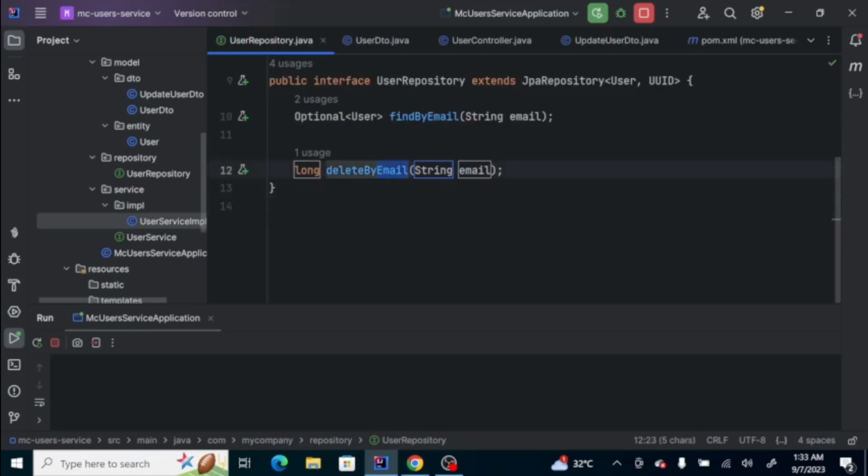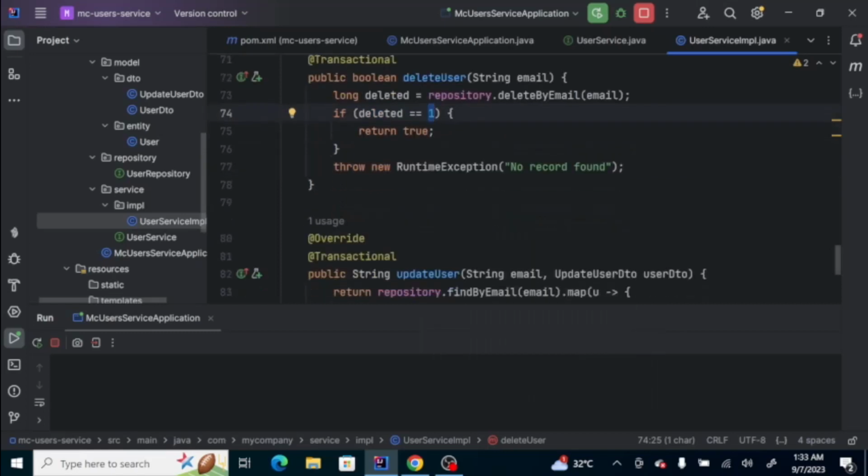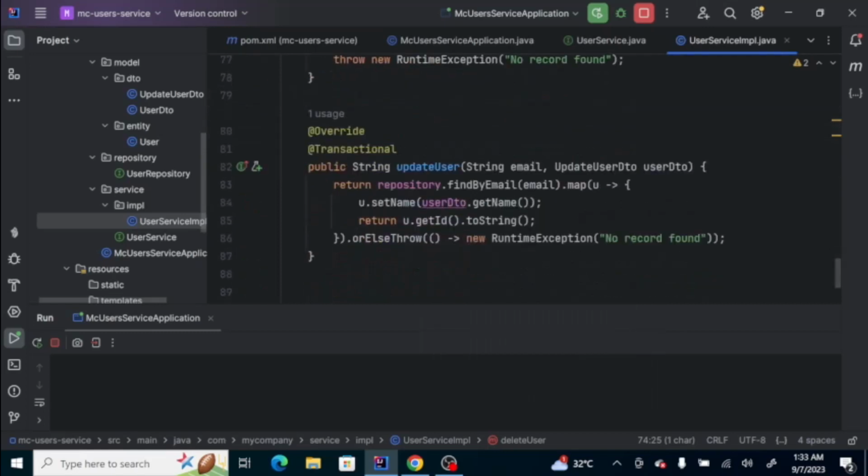So this method name allows us to delete a record by column email. Then it returns a numeric value, how many records were deleted, and then here I just check if there's a record deleted, return true, else throw a runtime exception. Then for the update user,